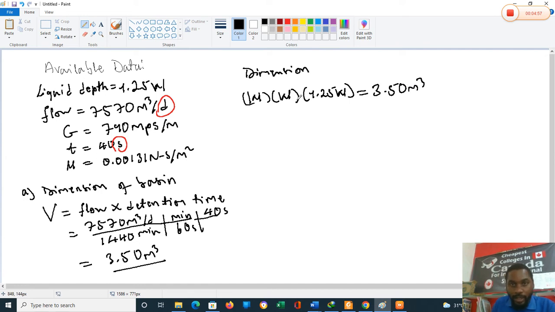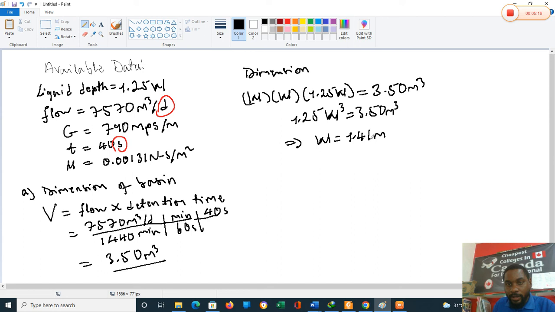So we can say 1.25 width cubed is equal to 3.50 meters cubed, and it implies width is